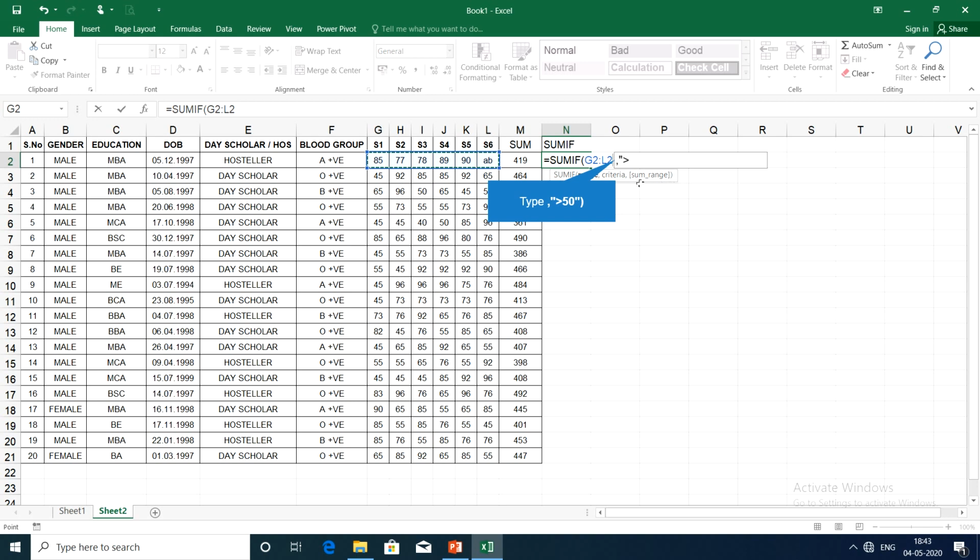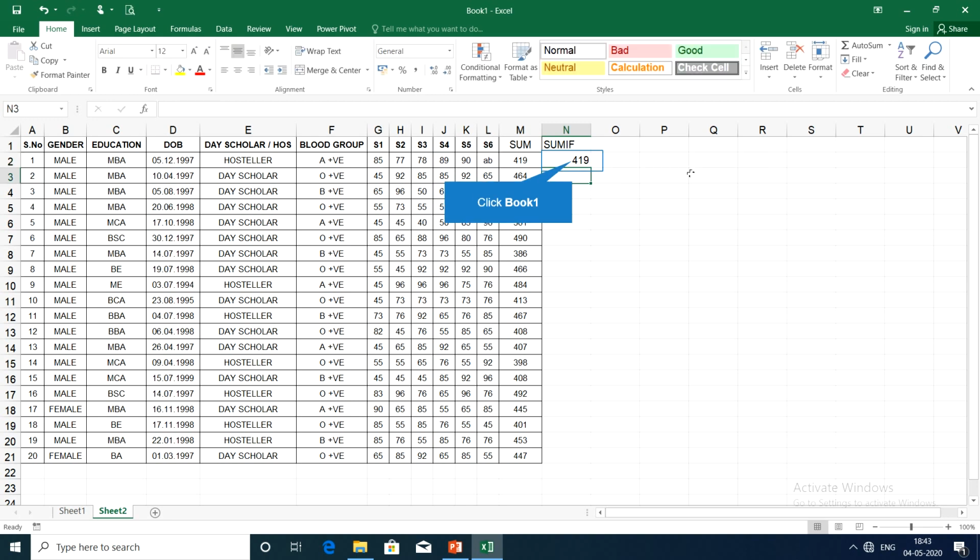For that we give the criteria in double quotations, greater than 50. Here the criteria is that those numbers which are greater than 50 should be added. So I am giving within double quotation, greater than 50. The moment we press enter, the value will be displayed here.